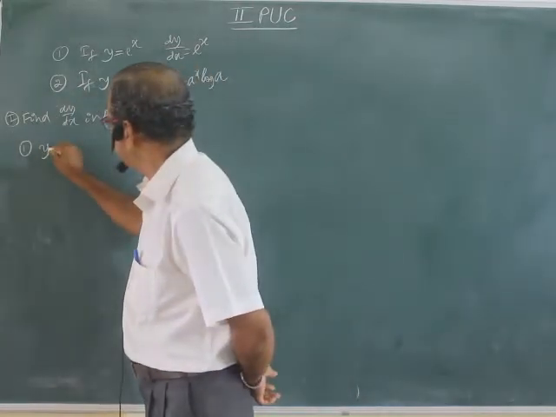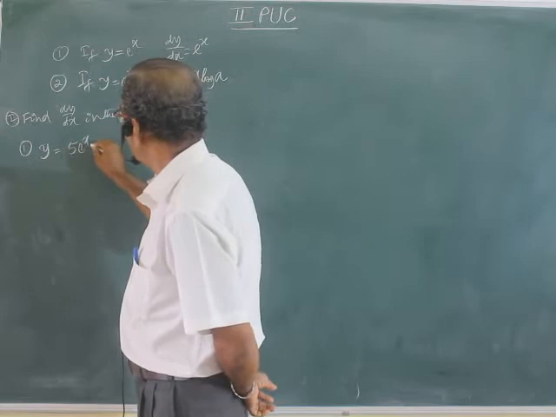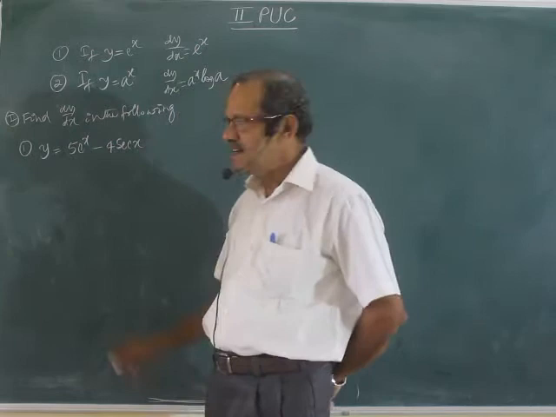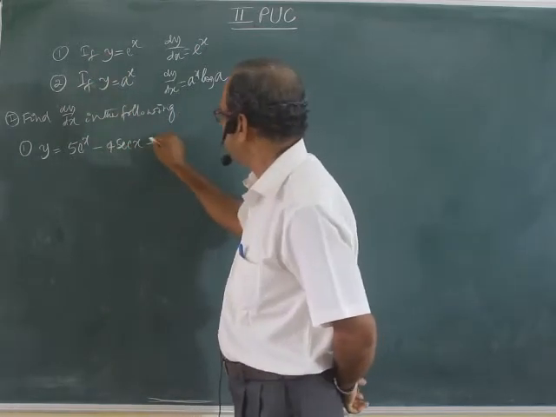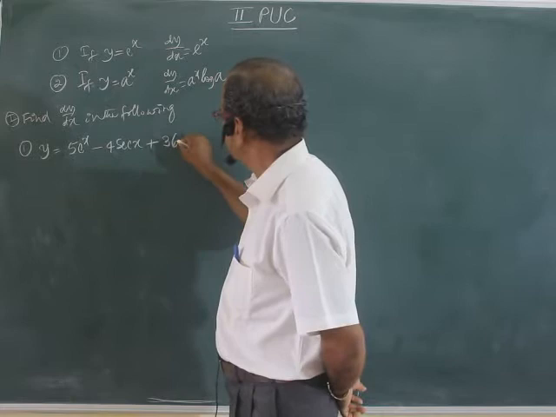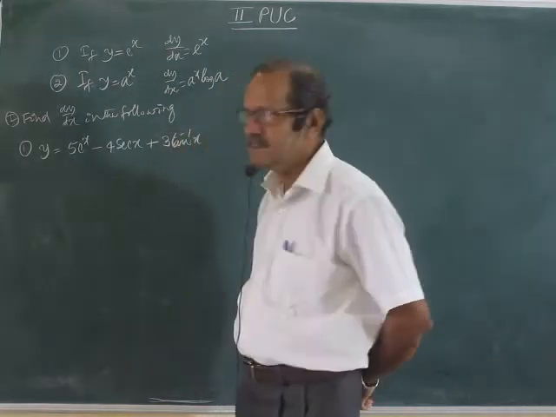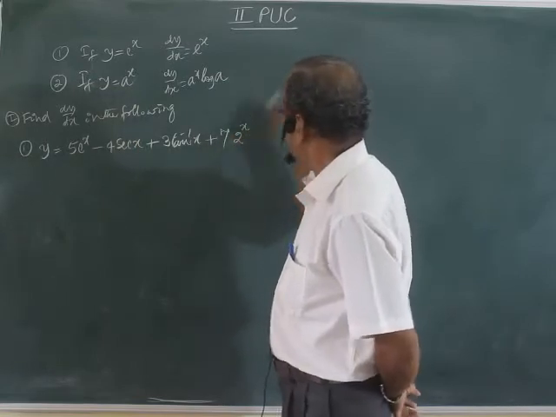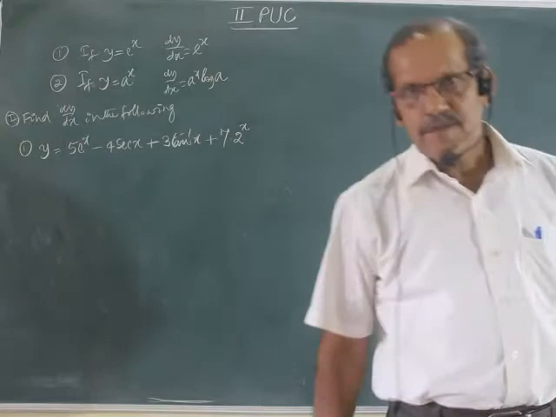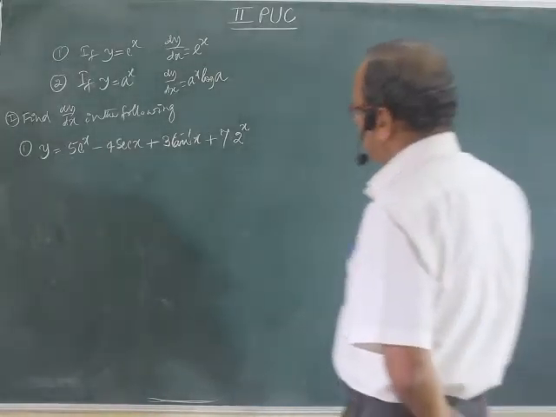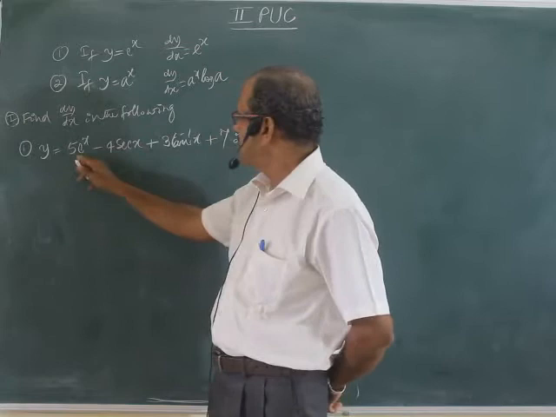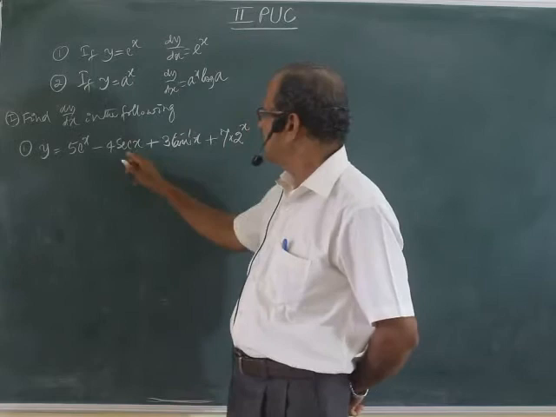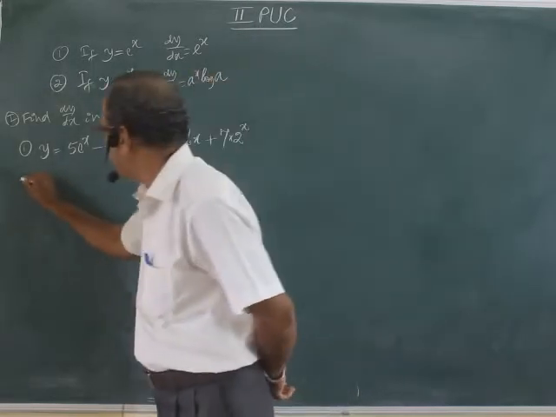y equal to 5 e to the power x minus 4 secant x plus 3 tan inverse x minus 7 into 2 to the power x. See, exponential function, trigonometric function, inverse function, and this type of function. Finding the derivative of the function. Now I have included exponential as well as a to the power x function. Inverse function, trigonometry, everything is there. dy by dx is